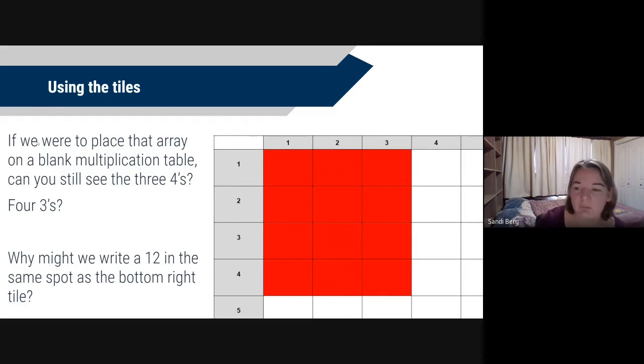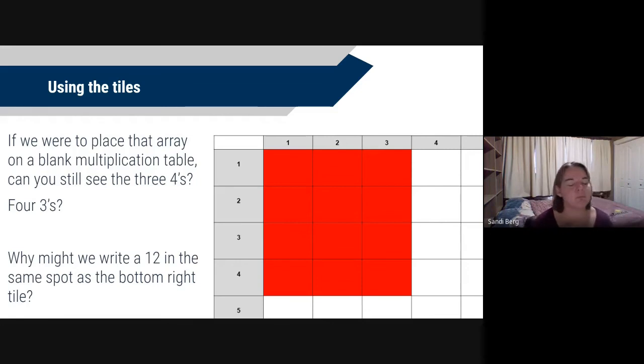So when a kiddo is using a multiplication table, they're not looking for, and I know you can't see my fingers, but they're not putting their finger on the 3 and their finger on the 4 and kind of putting them together to find the number 12. It's not an intersection. That's not what multiplication is. Why, though, do we put the 12 in that spot? Well, it's because that 12 represents the intersection of 4 threes or 3 fours. It's got that big picture there. So